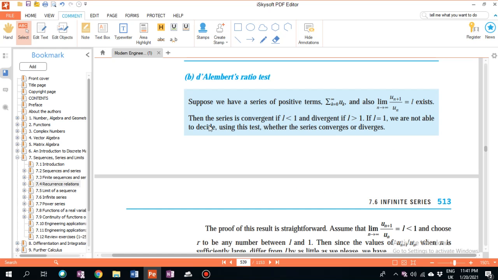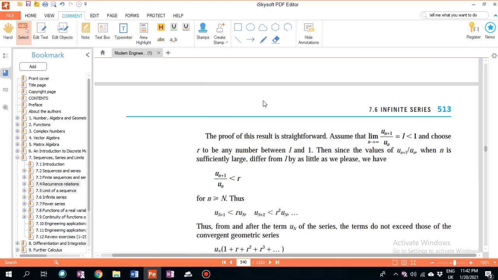Okay, the concept is, suppose we have a positive series, for example, so the limit of u(n+1) divided by u(n) equal to L exists. So if your L is equal to 1, we call it inconclusive. But if your L is bigger than 1, we call it divergent, it becomes bigger. If L is below than 1, we call it convergent, it becomes lesser. So you can focus on